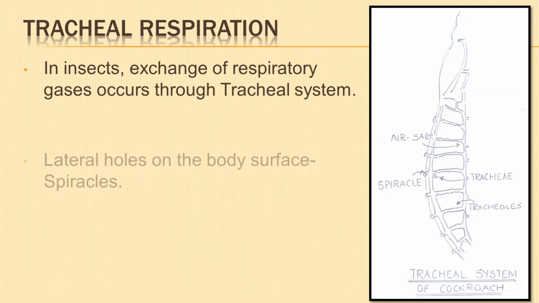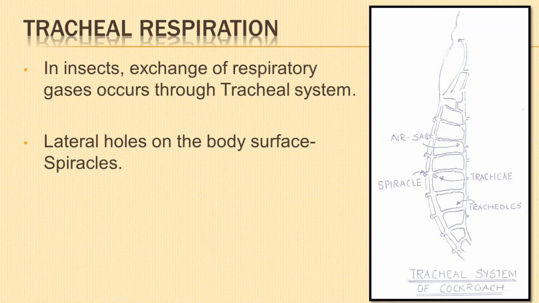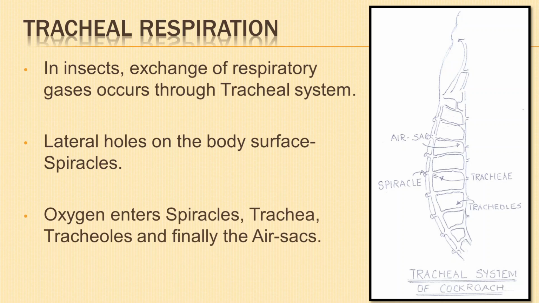The trachea communicate with the outside through lateral holes present on the body surface known as spiracles. These lead into finer tubules called trachea, which further branch into finer tracheoles and on reaching the body tissue form